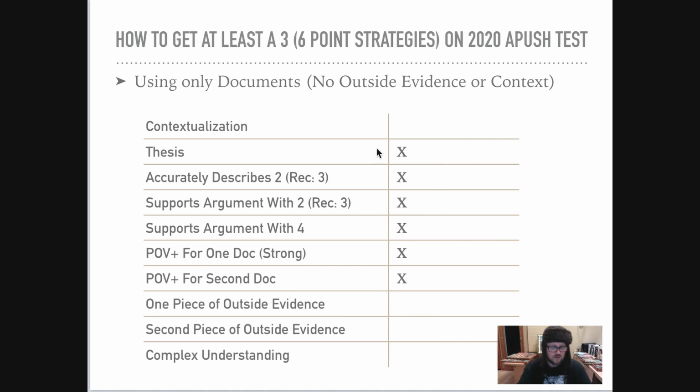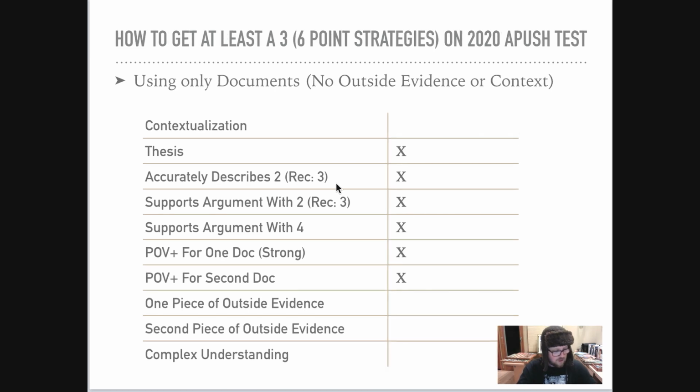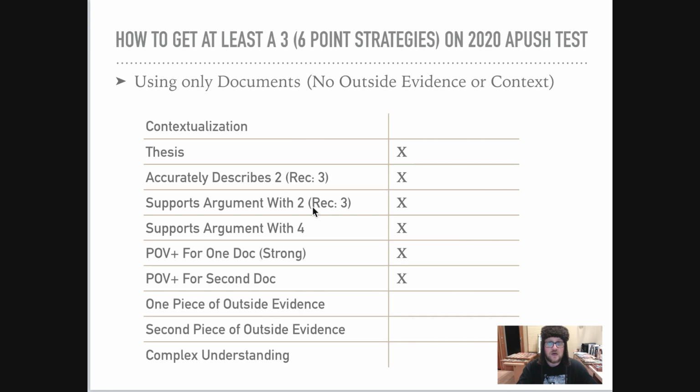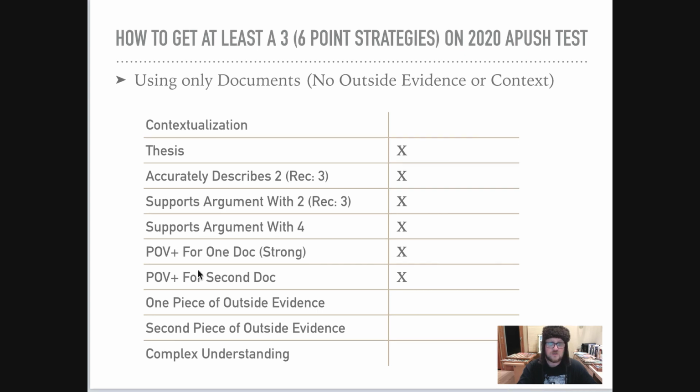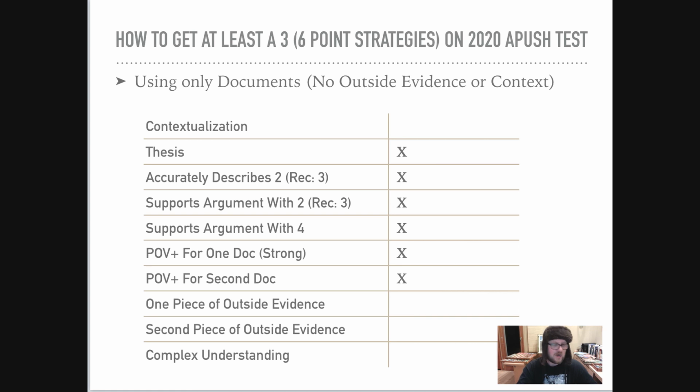You're going to have, of course, a strong thesis that builds off the prompt and answers the whole prompt with reasoning or that early argumentation. You're going to describe 2 documents, recommended is 3. You're going to support your documents with arguments, and then you're going to have the POV plus for both documents, and that's going to be there. Hopefully that will make sense. We're going to continue with that. Also, a couple of pieces of